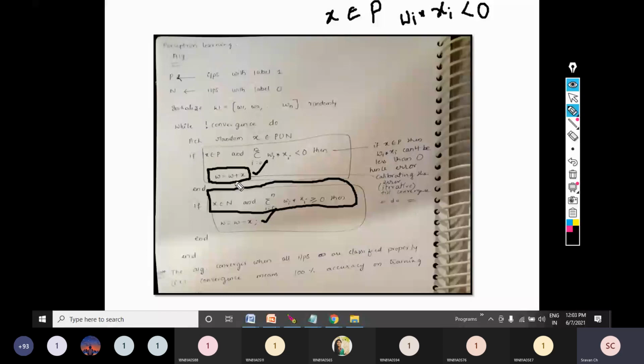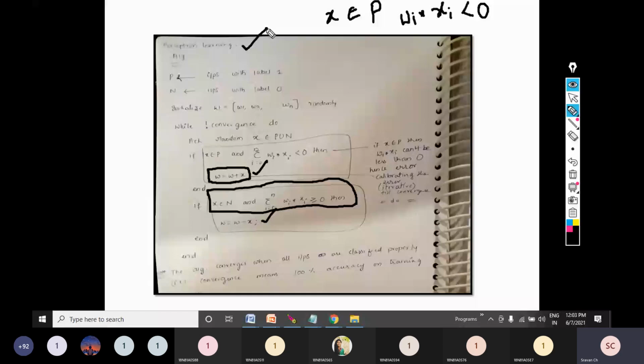Means it will reach a point where my weights will be updated so that it can give me maximum accuracy. So these are the two steps. All these 5 or 6 lines which I have written are called the perceptron learning algorithm. But in the standard textbook we are referring to, Tom Mitchell, instead of using the word perceptron learning algorithm, he calls it the perceptron training rule. Both are the same. So in the rule he will talk about only these 2 points.